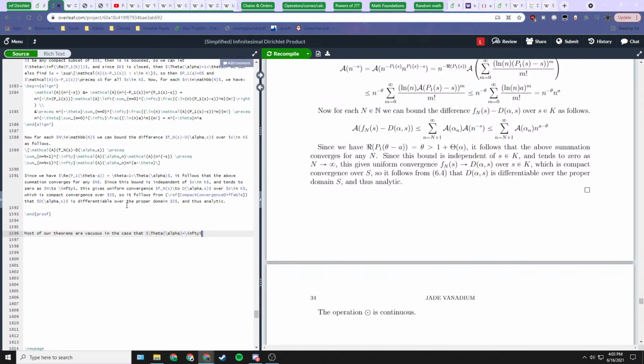So most of our theorems would be vacuous in the case that we have a theta value of infinity. That doesn't really do anything for us. So we will be considering